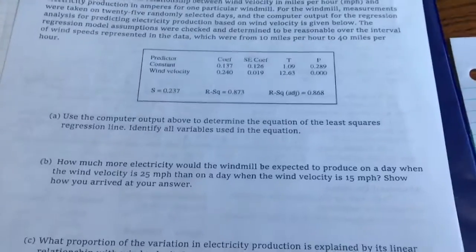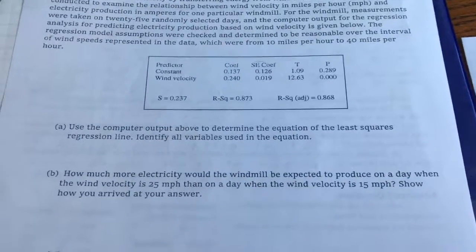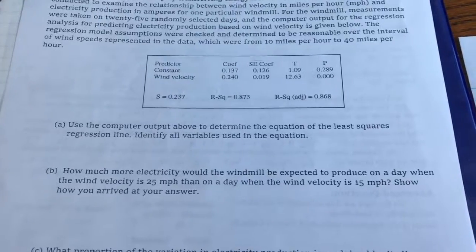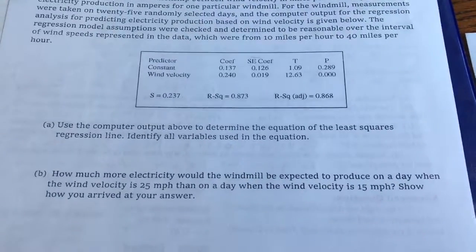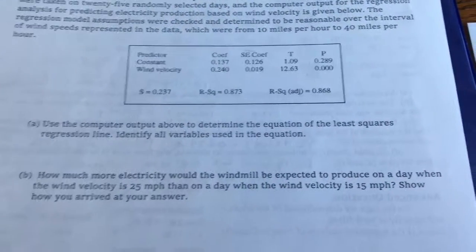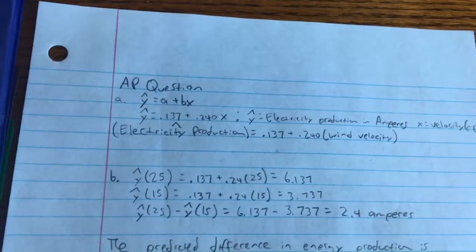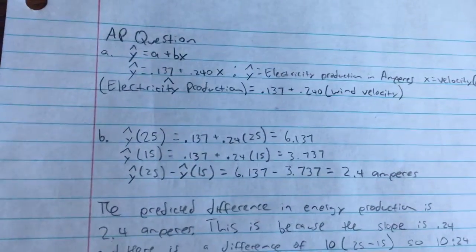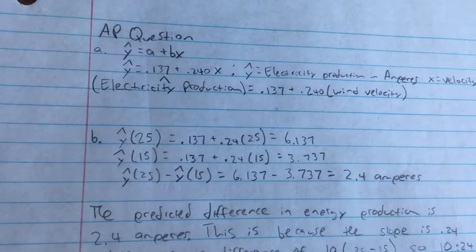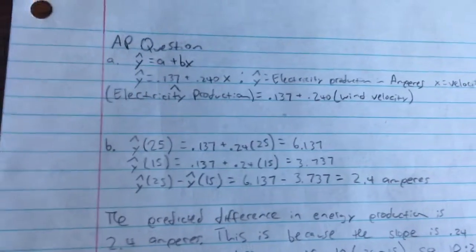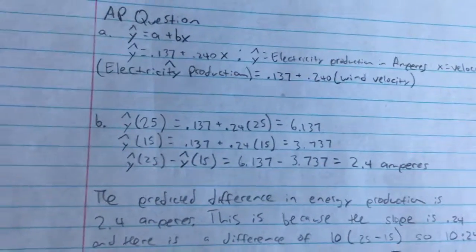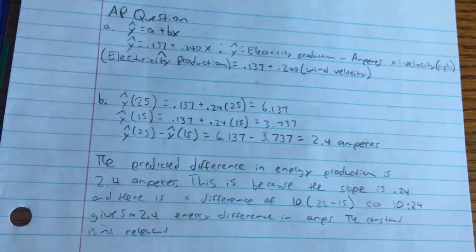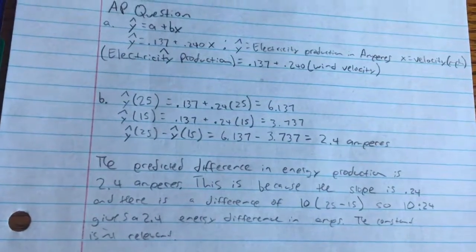Part B then asks us how much more electricity a windmill would produce when the wind velocity is 25 miles per hour versus when it is 15. So the first thing I thought to do was to plug in both 25 and 15 and simply find the difference, which I did there, and you get exactly 2.4 amperes. Now, in my explanation, I explained that